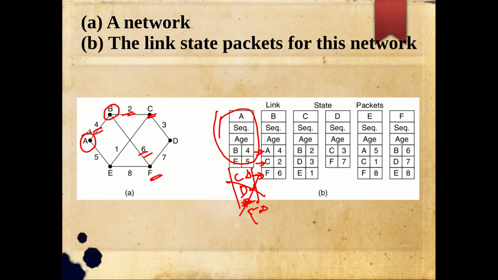So A will get the link state packet of B, and link state packets from C, D, E and F. Together, once A gets link state information from all others, it gets knowledge about the entire topology, so that it can map it using a graph inside. Similarly B can also construct a map, and it is supposed to be the same globally, provided these things are executed fast. Then they will locally run Dijkstra's algorithm and find the shortest path, and that is what they will follow for routing purposes.